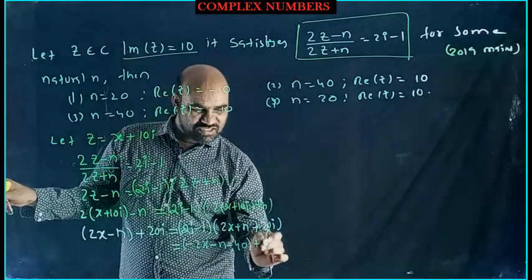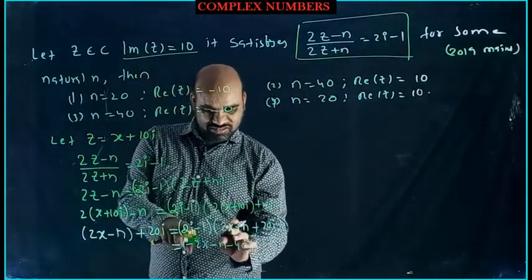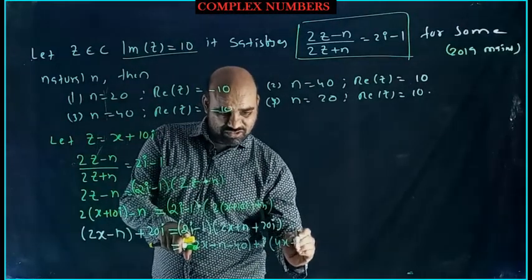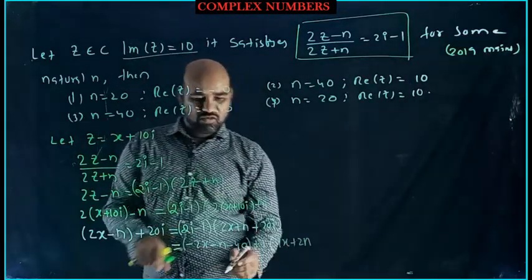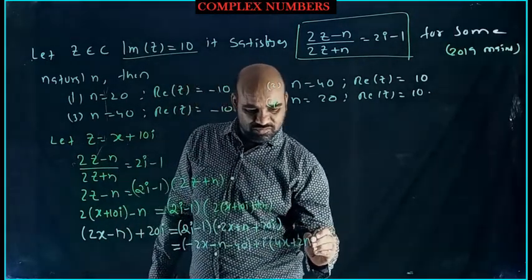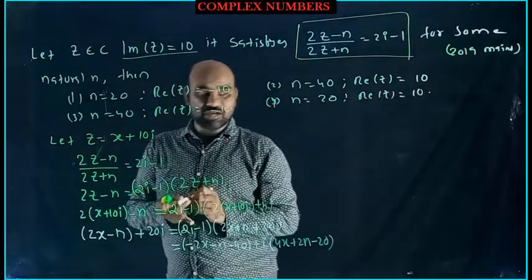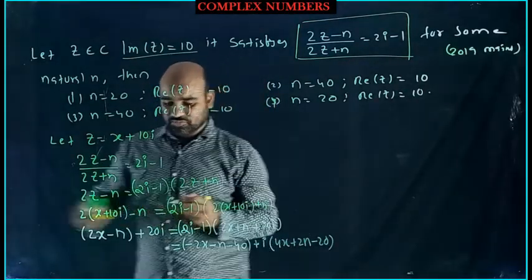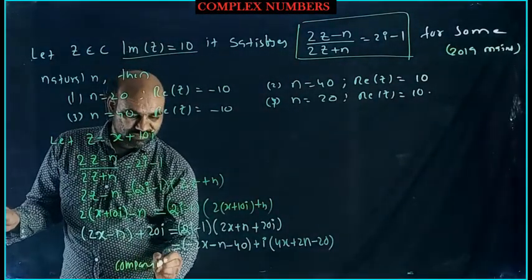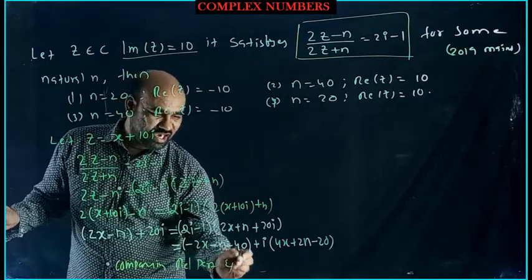Next, the imaginary part: this into this gives 4x plus 2n, and minus with this, minus 20. So I got the imaginary part and the real part. Comparing real part and imaginary part